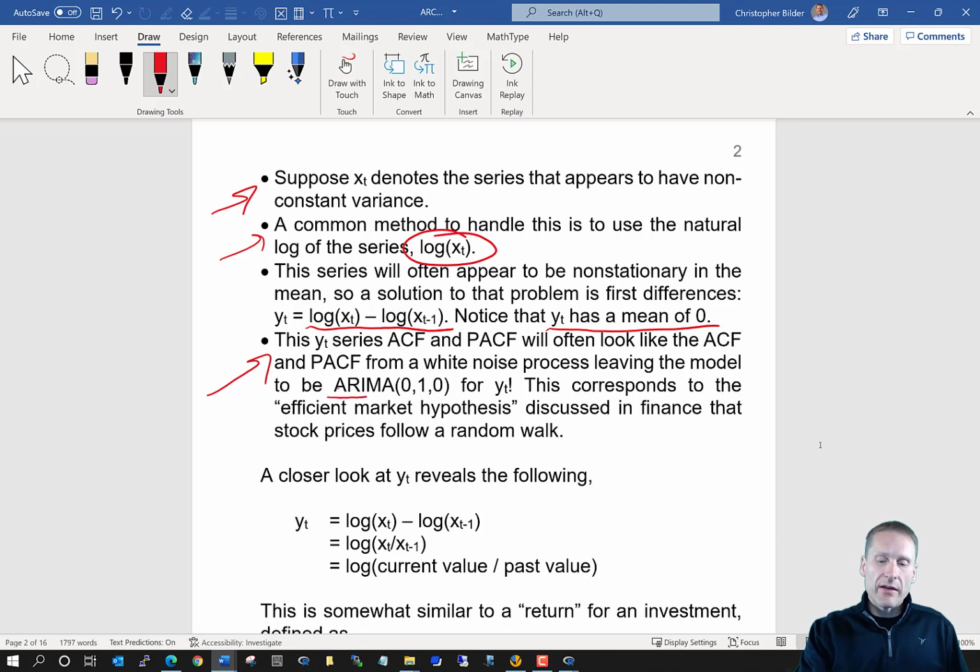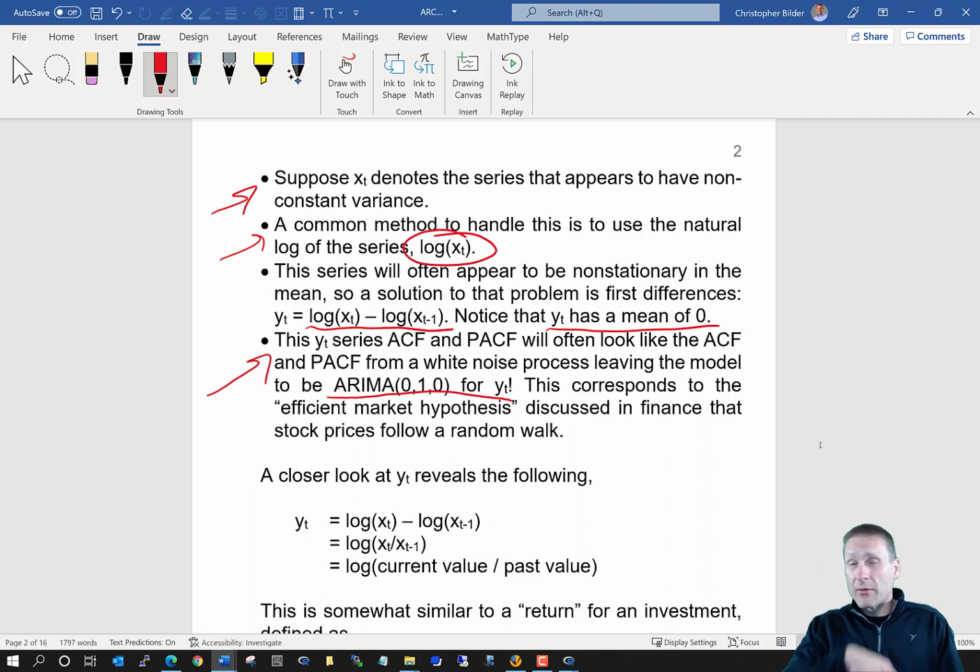So in other words, a model for y sub t is an ARIMA(0,1,0), which I guess you could say is a little bit boring because there's no AR or moving average component at all to that model. But this often happens in financial time series. It actually corresponds to the efficient market hypothesis that you will often see discussed in finance,